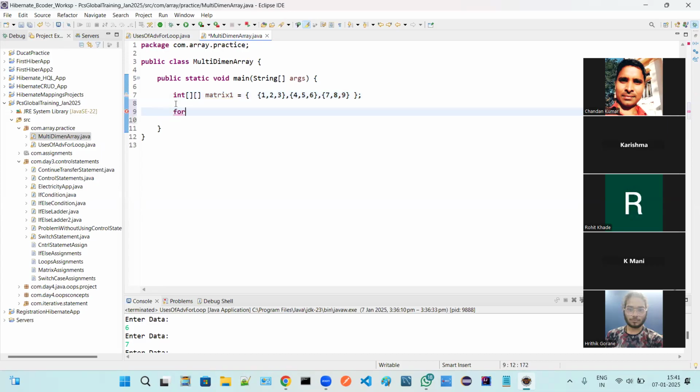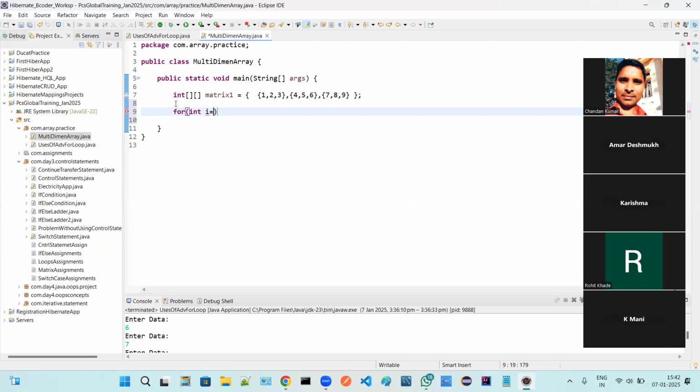So, for int i equal to 0, i is less than what? 3, and i plus plus.